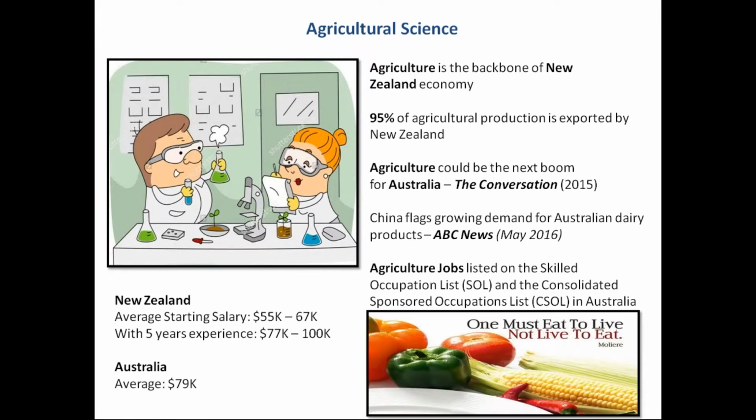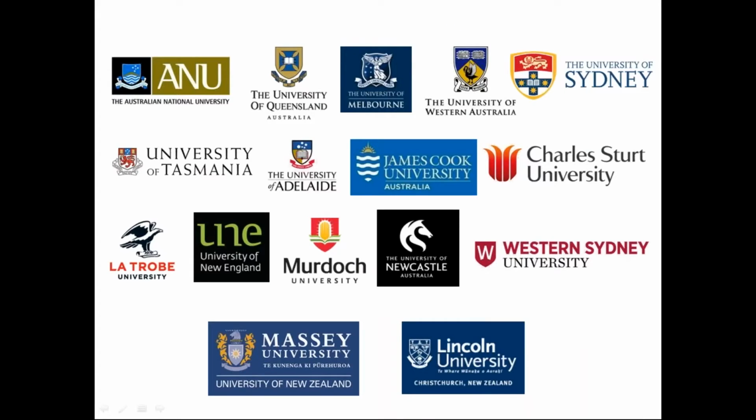And at the end of the day, one must earn to live and not live to earn. So the salary package, be it New Zealand or Australia, is quite handsome as well. There are a lot of universities to choose from to study, of course ANU, Queensland, Melbourne,